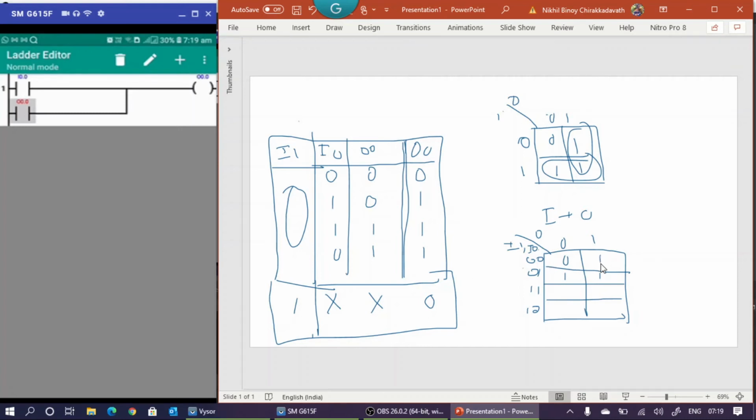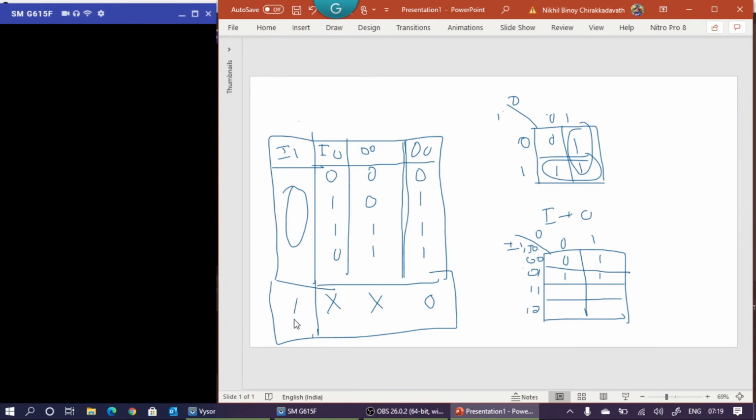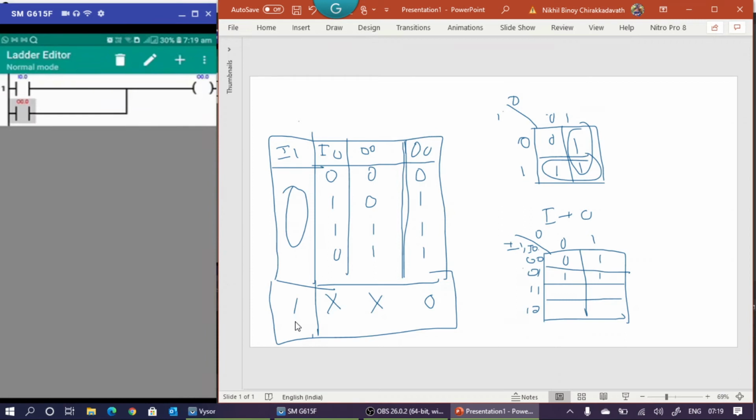Output is 1. Now if I1 is 1, that is this condition, what will be the remaining thing? Output is 0. So this is 0 0 0. Is it okay? So these are 0.